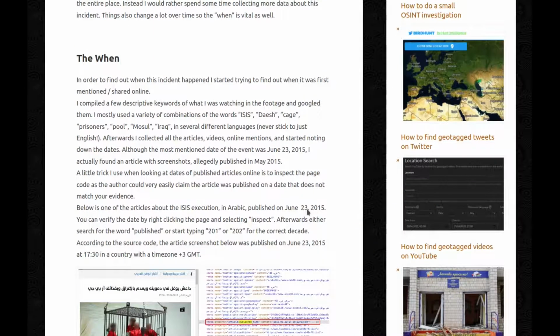The when. In order to find out when this incident happened, I started trying to find out when it was first mentioned/shared online. I compiled a few descriptive keywords of what I was watching in the footage and Googled them. I mostly used a variety of combinations of the words ISIS, Daesh, cage, prisoners, pool, Mosul, Iraq, in several different languages, so you should never stick to just English. Afterwards, I collected all the articles, videos, online mentions, started noting down the dates. Although the most mentioned date of the event was June 23, 2015, I actually found an article with screenshots allegedly